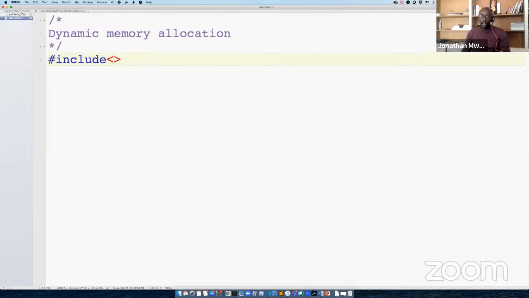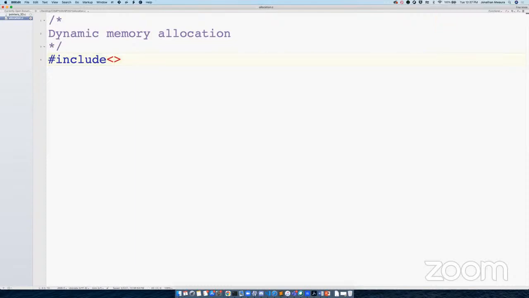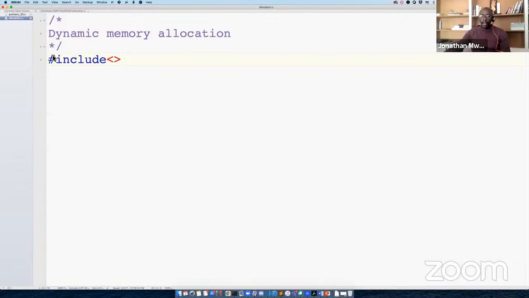We need an include what? stdlib, yeah, that's true. We need stdlib to be included because it's in stdlib that we can do dynamic memory allocation: malloc, calloc, realloc. Those functions are defined in there.